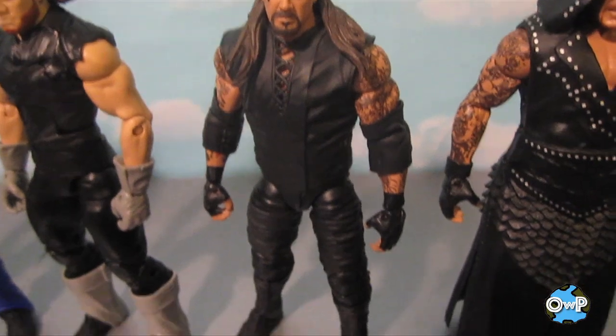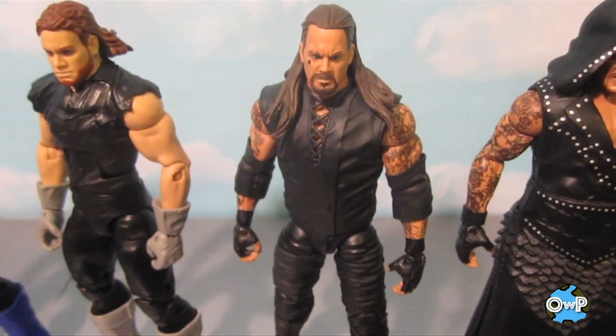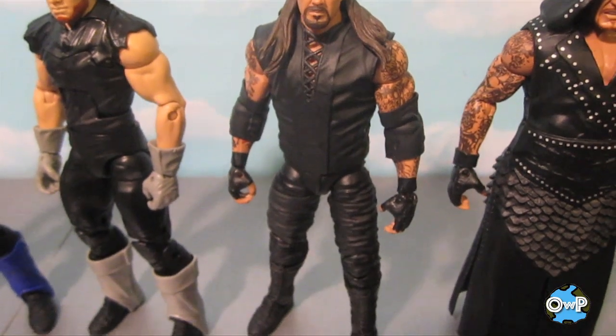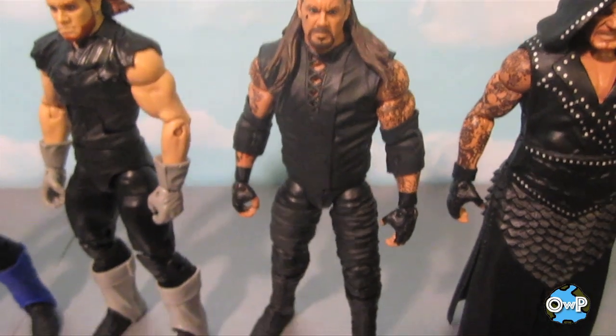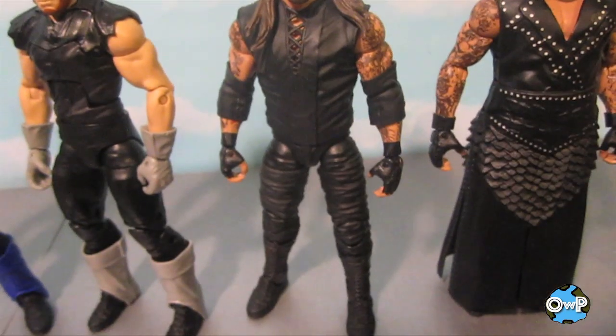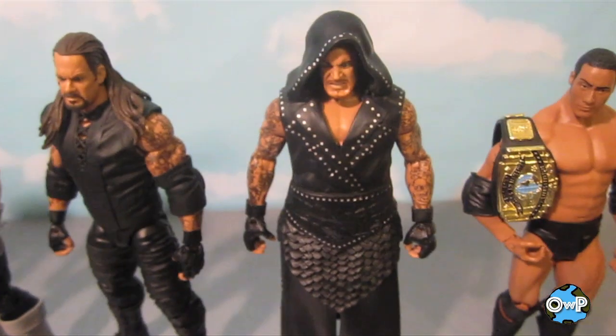We got Defining Moments Undertaker. I painted the gloves just over his bare hands because I always wanted an Undertaker in that. I'm surprised we actually haven't gotten a proper Attitude Era, '98, '97 version of Undertaker with the different top and the tighter pants with the buckle things going across the sides of his legs. And then this is Elite